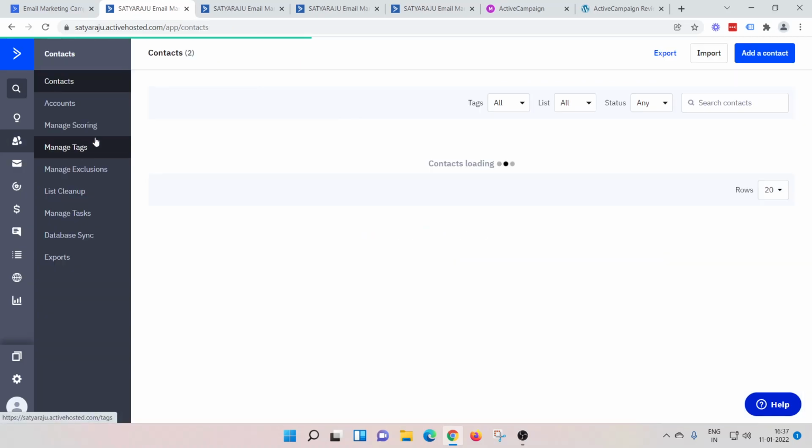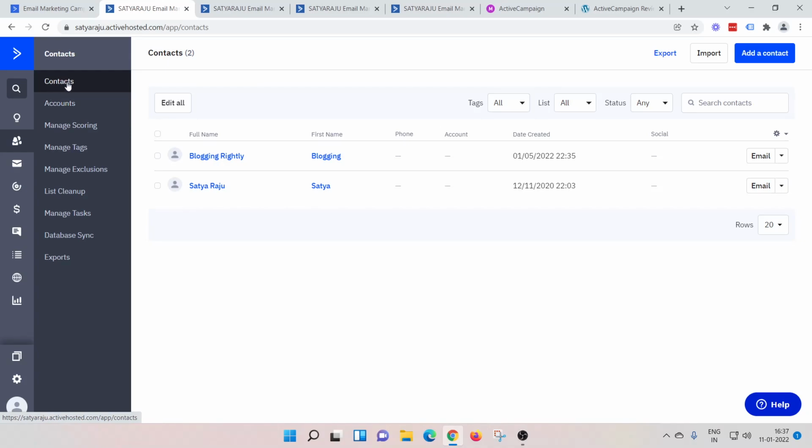So first section, I will just go and walk through some of the basic details about ActiveCampaign accounts. Contacts is where you find your list of contacts. You can just import your contacts from your existing email service provider, or else you can export the contact data. You can export not just a name and full name, you can export tag details, what list they are in, and so on, into a CSV file normally.